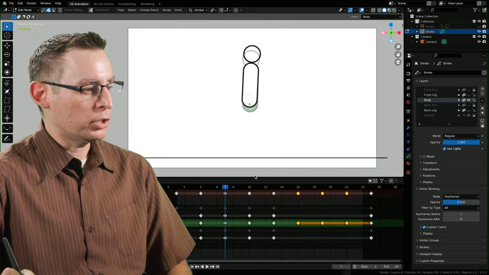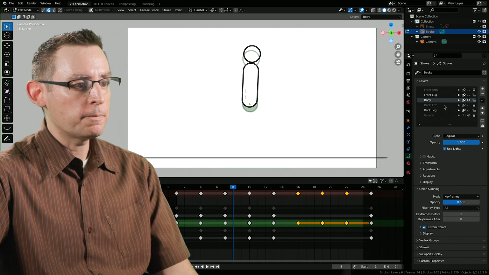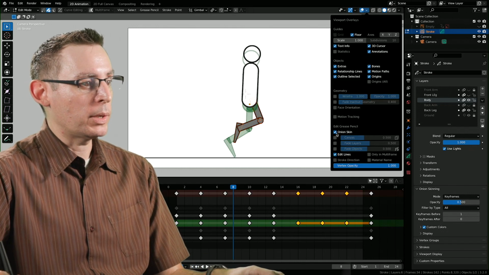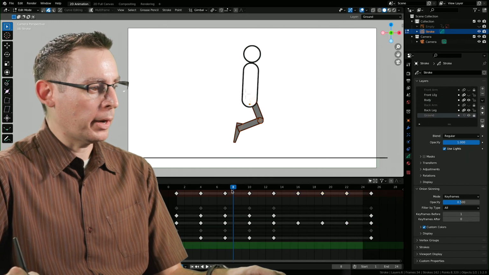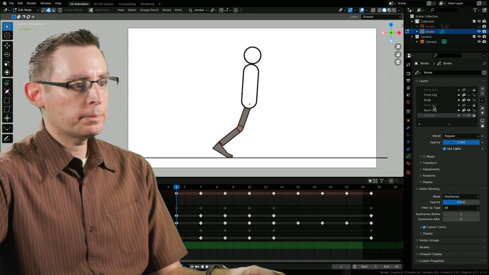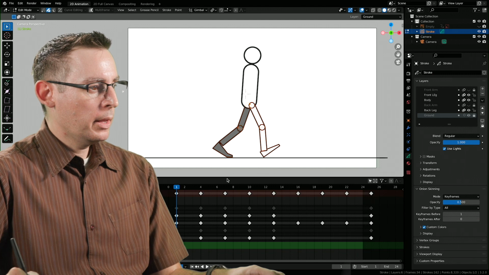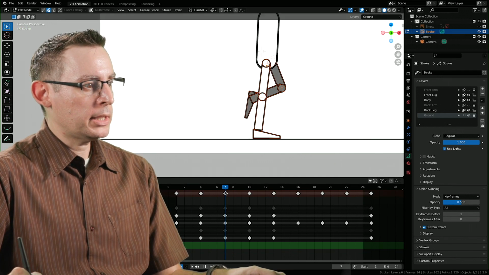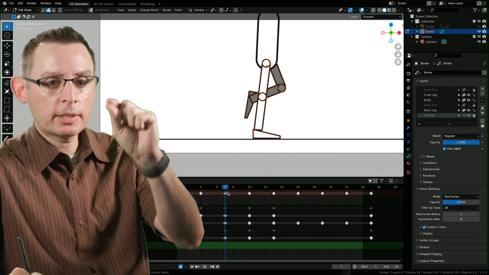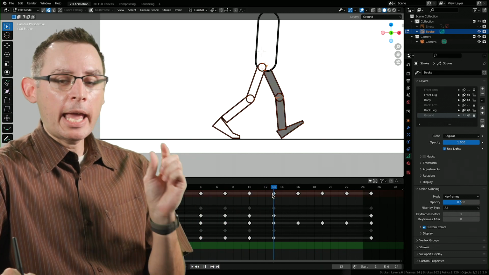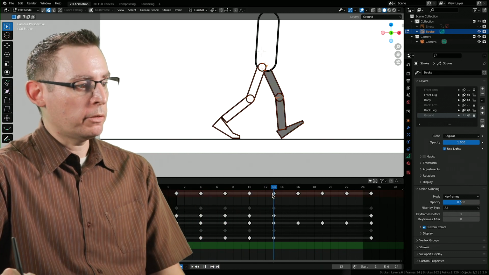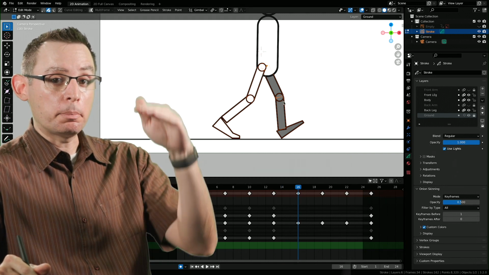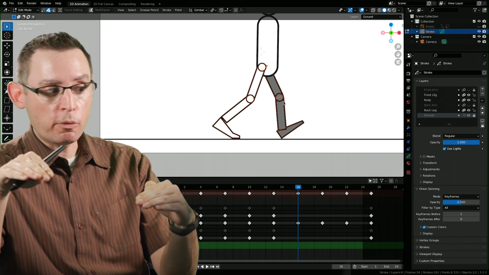This is where it gets challenging because we need to take all of the back leg information. Let's turn off our onion skinning so we can see. If you think about it, on the front leg, let's turn front leg on. Check it out. On front leg here, okay, it's planting, and the gray leg is taking that step forward. I need to have all of that information on frame 16 for the back leg, because now the back leg needs to plant and have the white leg move forward.